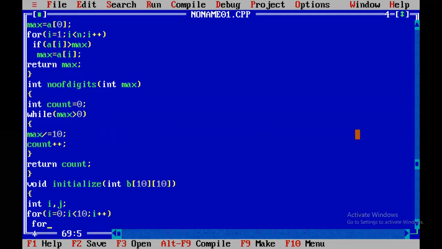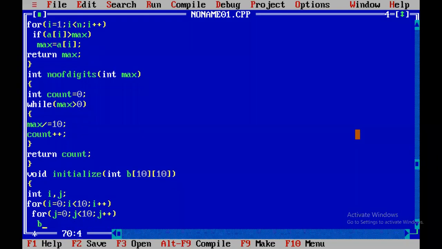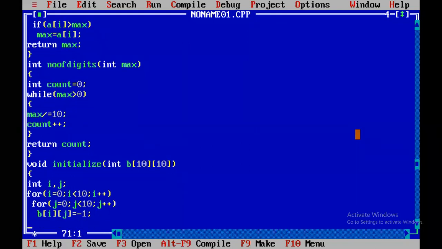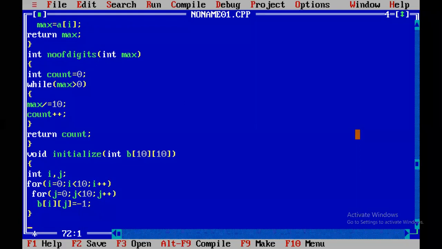For j equal to 0, j less than 10, j plus plus. B of ij equal to -1.